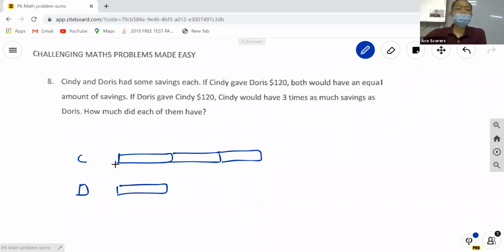So 1 of it, 120, came from who? Doris. Yeah, because Doris should have a certain amount of 120, which was given to Cindy. It's just that we do not know how much it is. Okay. Right. So now let's set up another scenario. If Cindy gave Doris 120,